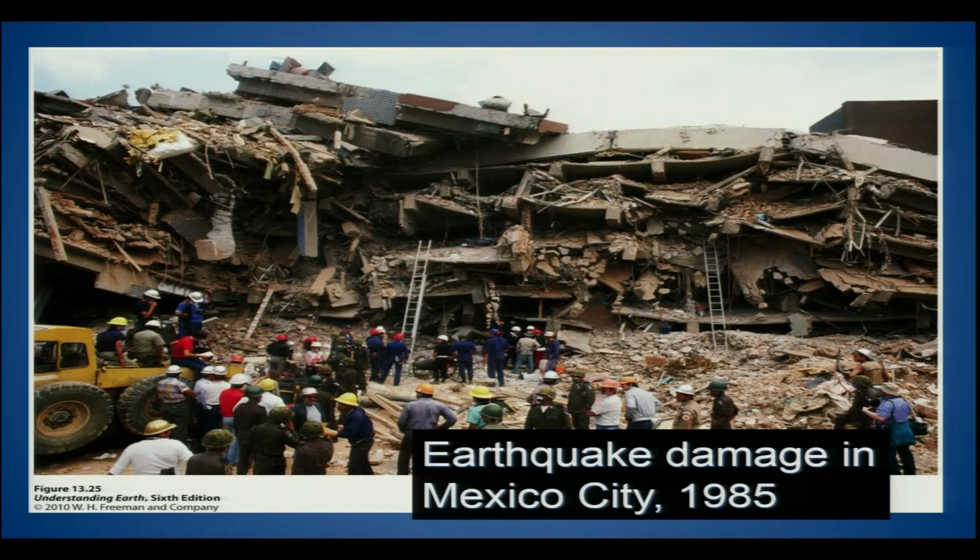So, basically what we are looking at is poor construction without a proper understanding of what will be the amount or the intensity of ground shaking by a particular earthquake in that region. So, this lack of knowledge,